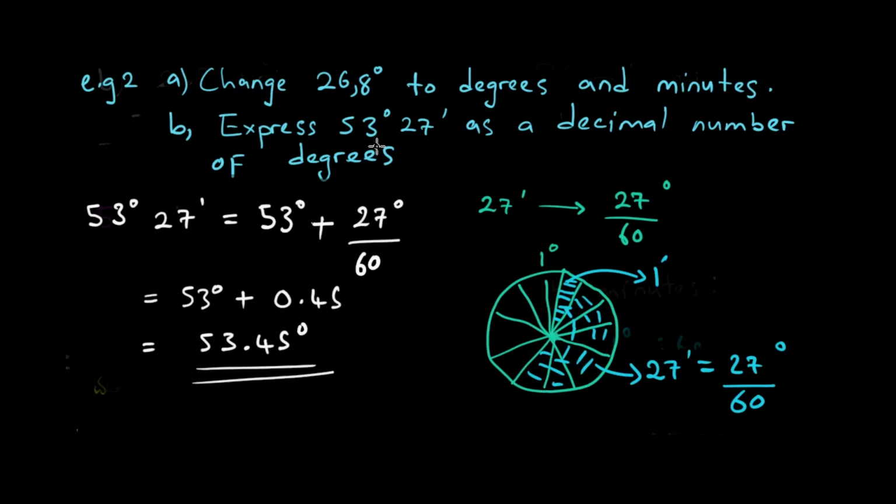Because question yati express 53 degrees 27 minutes as a decimal number of degrees. Kode yanga yakati as a decimal number of minutes, it could have been unnecessarily complicated, but it can be so. Saka ndo zvatinoita panapa. Imwe method yaunogona kuita ndeyekuti you can actually take 27 minutes, convert it to degrees by proportion.